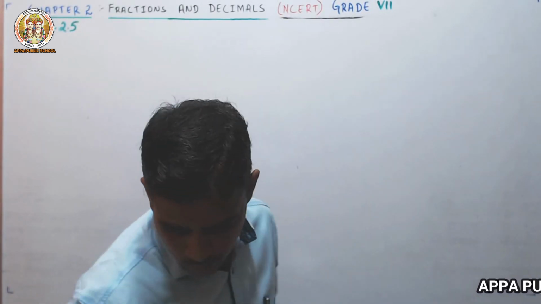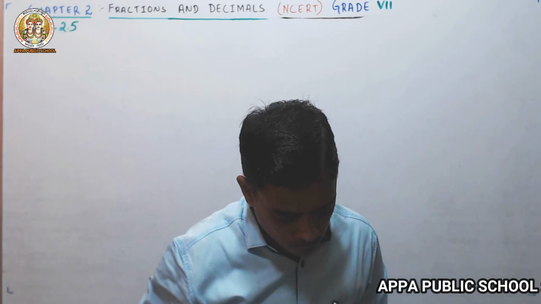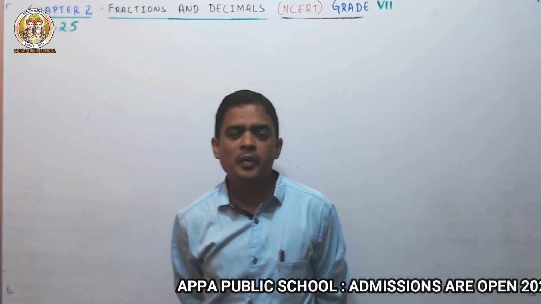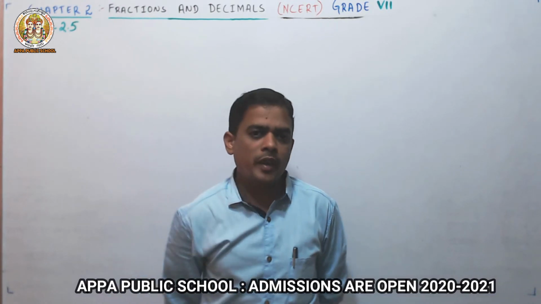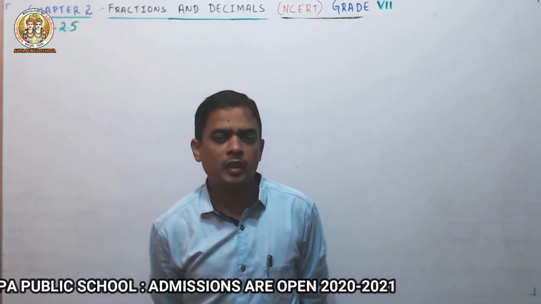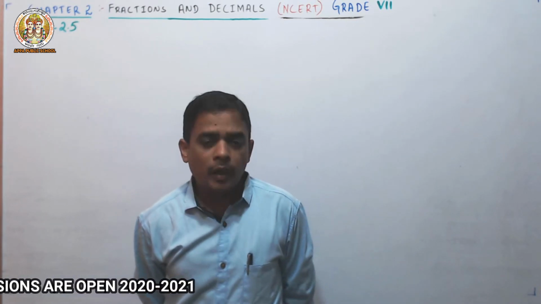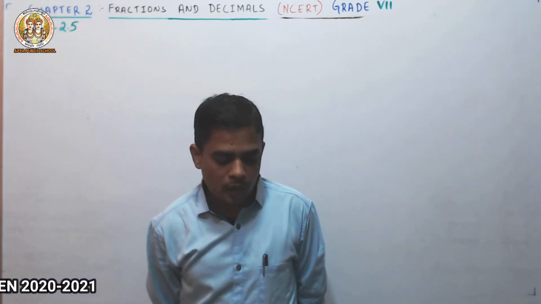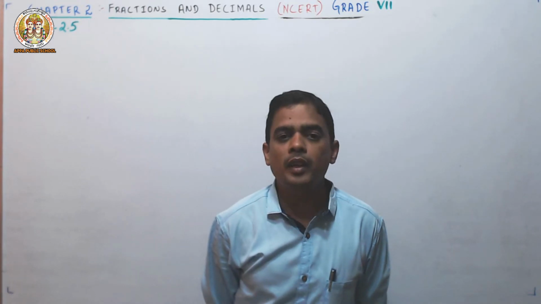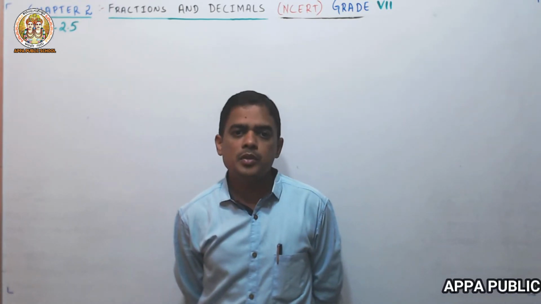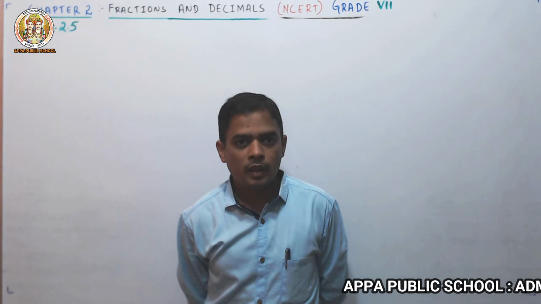Okay, next one. Question number 4. In question number 4, what do you have to do? Express in kgs. Previously, in the previous question, we expressed in terms of centimeter, meter, and kilometer. But in question number 4, what he has given is grams, and that number we have to express in kilograms.